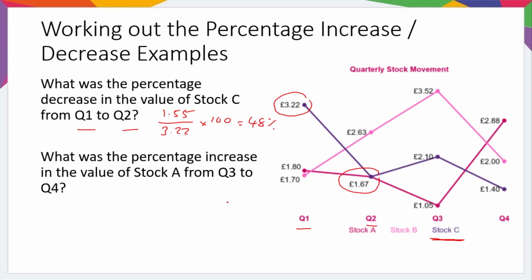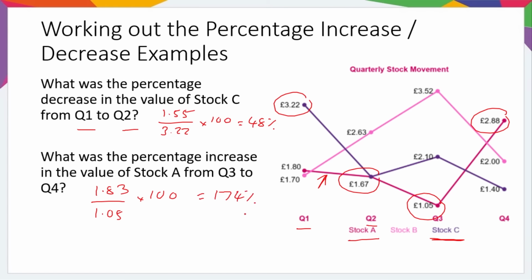Let's have a look at stock A. Stock A is the dark pink line, so this one here, from quarter 3 to quarter 4. So it's increased quite a lot. So again, what is the difference between £2.88 and £1.05? That's a difference of £1.83, and it's increased from £1.05. So 183 divided by 105 times by 100 is